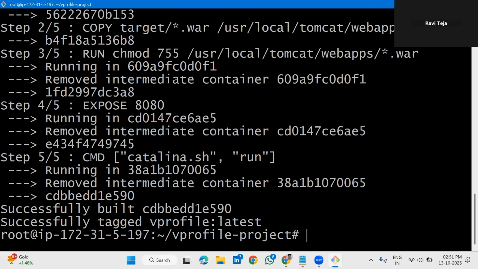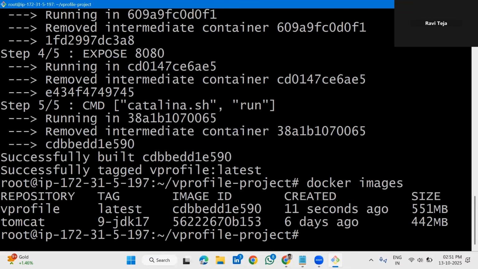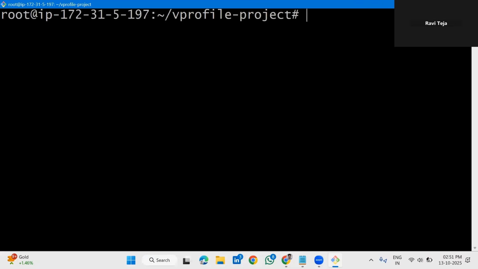Okay. So if you want to check how many images you have, this is the command you can use: docker images. So you have this image just created, right? After creating the image, you have to run the container. How can you run the container? Docker run